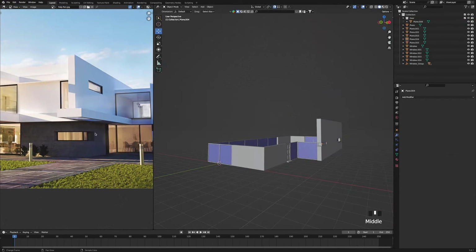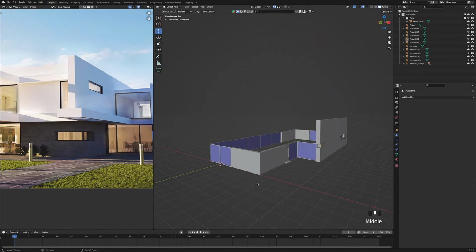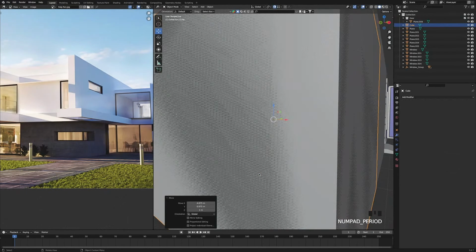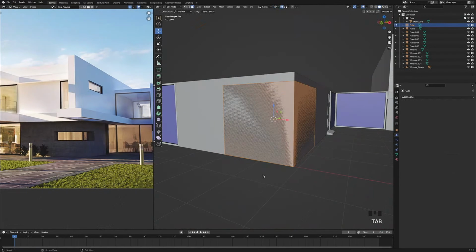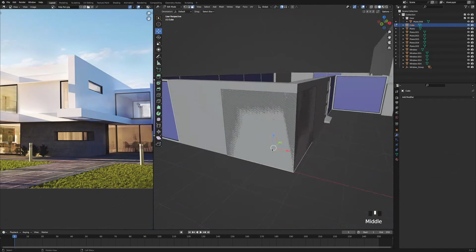Okay, the next thing we're going to add to the scene is the window in the concrete wall. So to do that, I'm going to press Shift A, add a cube, press G, and snap it to that corner, zoom in, and then press Tab to go into edit mode, select the bottom face, and we're just going to bring that up and change the amount to